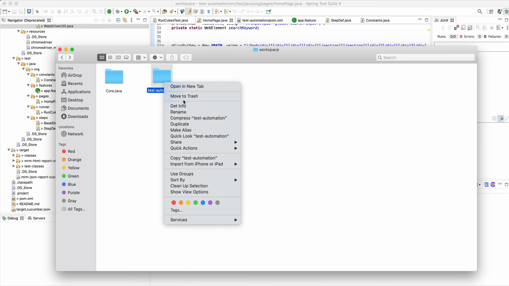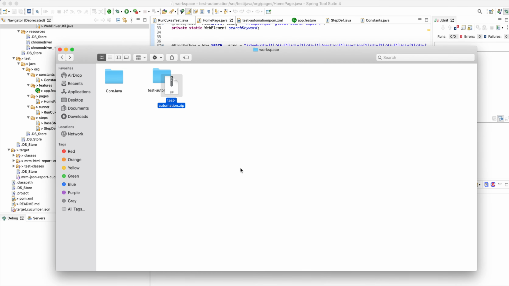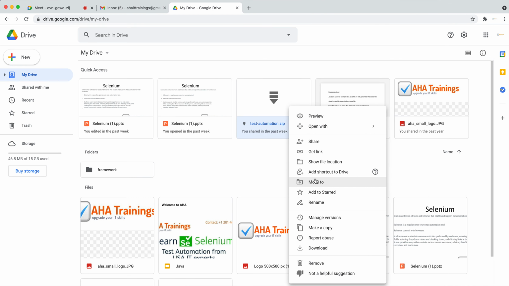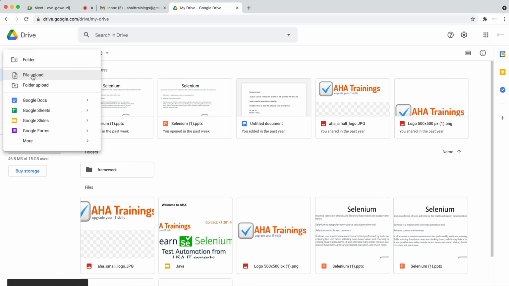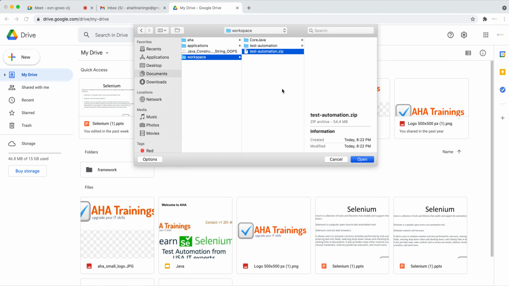Now I'm zipping this file. Okay, this is the test automation file. Now I'm going to remove this file. Okay, now I remove the file. Now I'm going to upload the file. Okay.